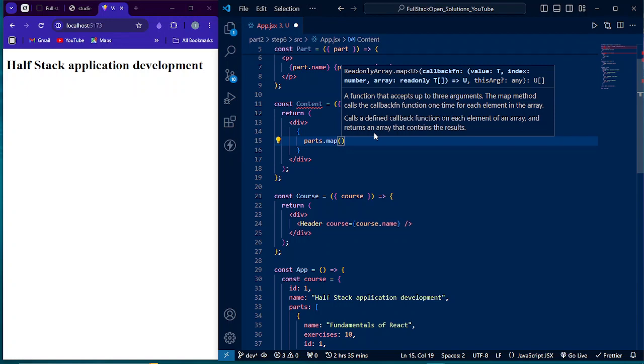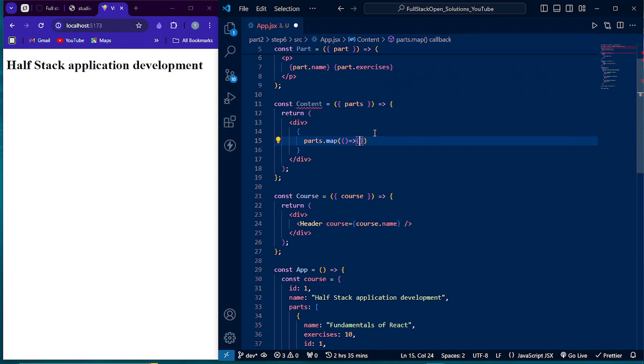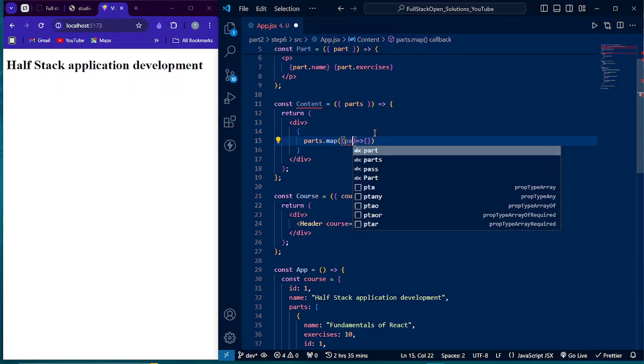Now this map is going to accept a function, right? So we are expected to do something like this. So here, what we want to pass in is part,